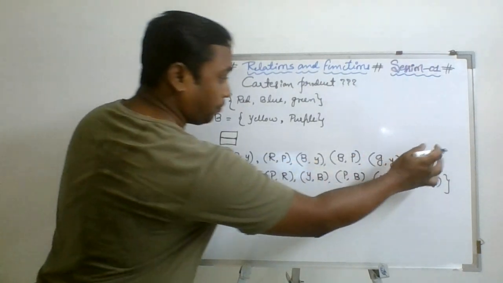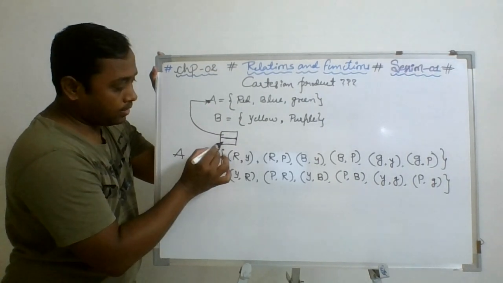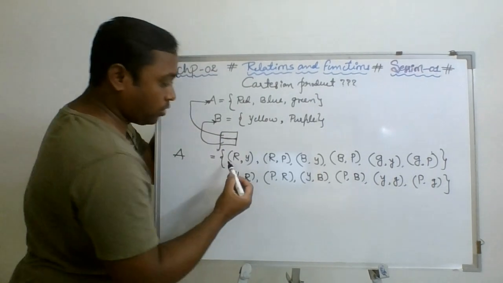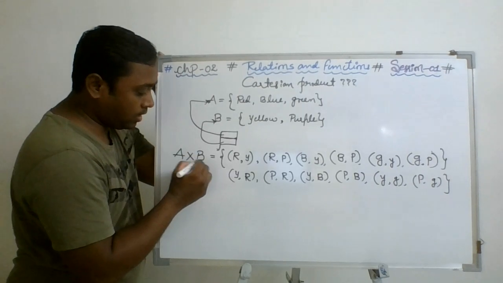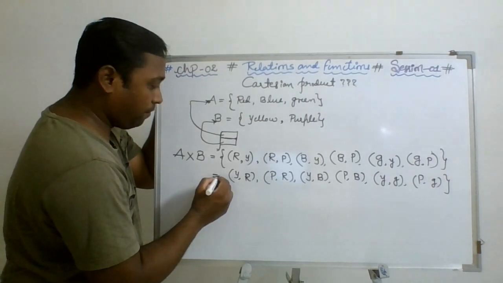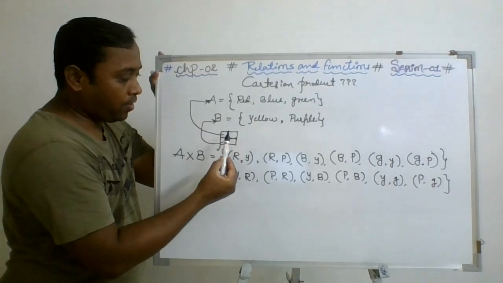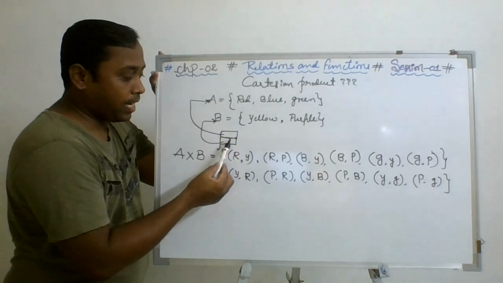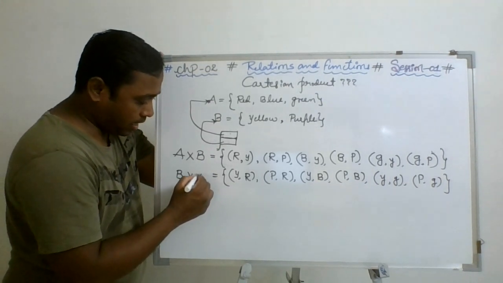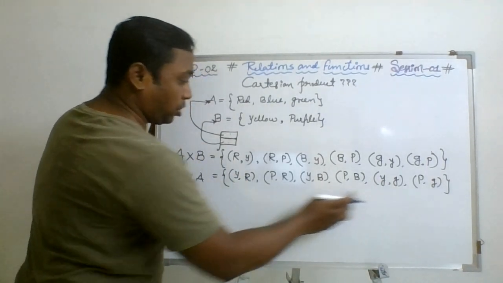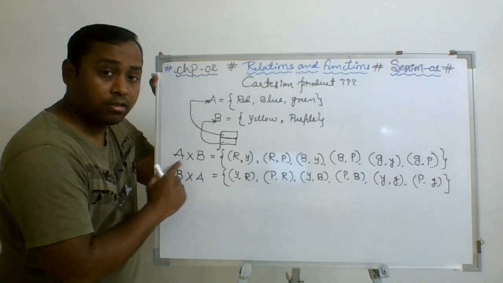What we are trying to get is that these first 6 are obtained by filling the first block with set A and the second block with set B. Hence, these first 6 combinations are obtained by taking the first color from set A and the second color from set B. Similarly, if you observe the second set, where I have reversed the order, the first block is filled with color from B and the second block with color from A. It means I took the first color from set B and the second color from set A, and these 6 combinations come from this order.